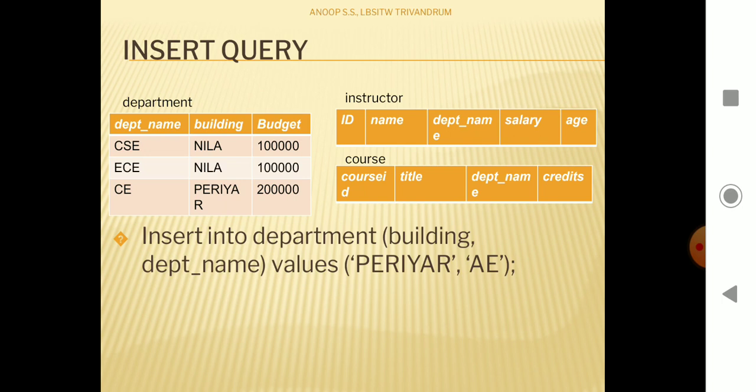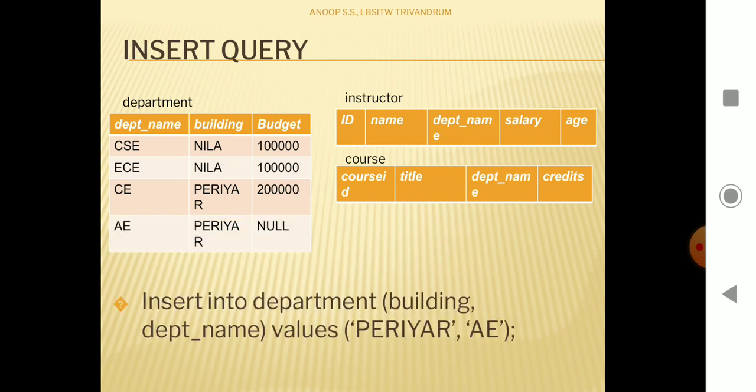So mentioning 2 attributes and their corresponding values, we skipped or ignored the other attributes. We have budget here, we ignored the budget attribute. What will be the result? Will it cause an error? In this example, this query will not cause an error because the budget value can be null. So if the value for the budget is not specified, the value will be considered as null. And when executing, the query gets executed and the corresponding value will be inserted into the table